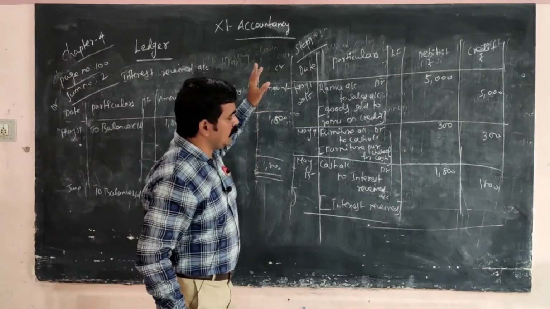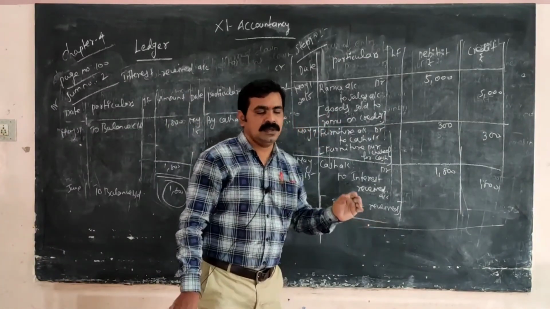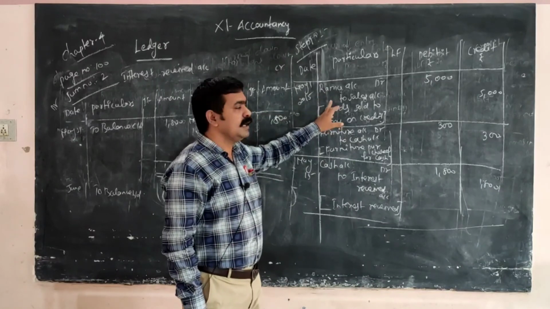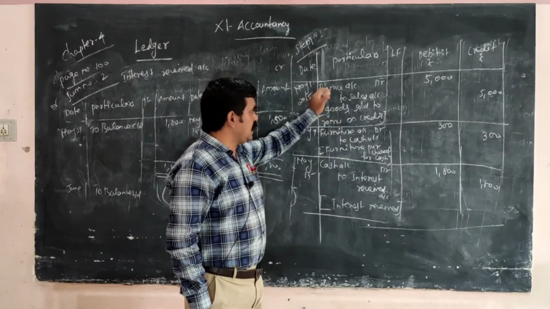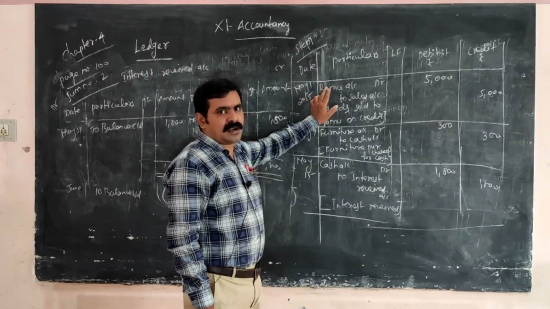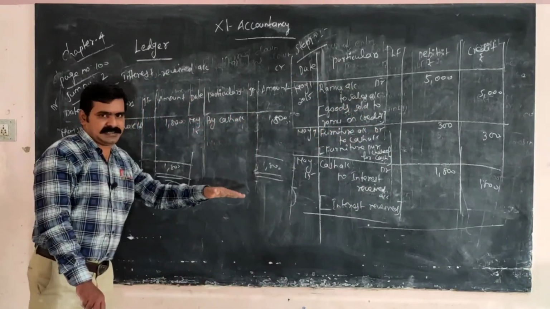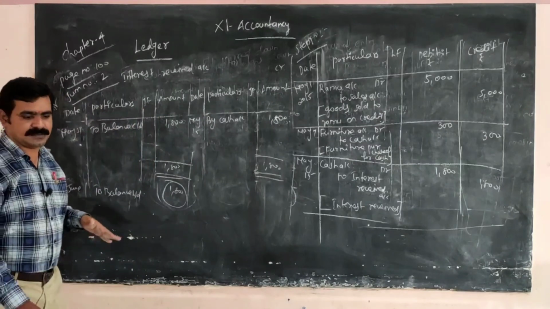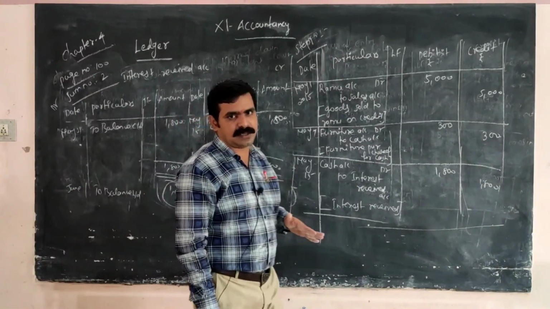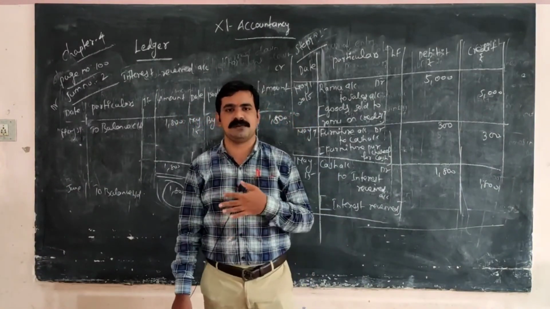So I have opened the four or five ledger accounts. When you are opening a ledger, if the particular transaction, for example Ramu, comes under debit side, then in the ledger the corresponding transaction amount comes under debit side. This is the rule of ledger. Okay, I hope you are able to understand this sum number 2.